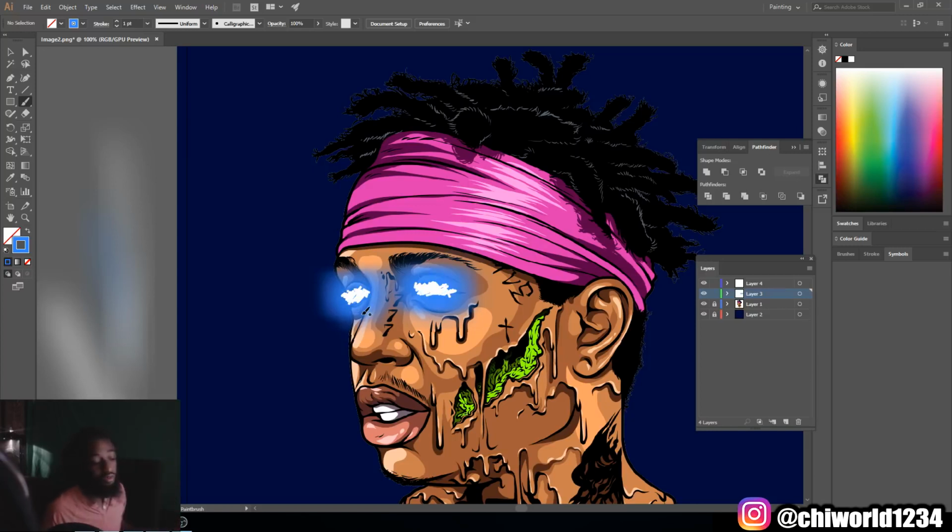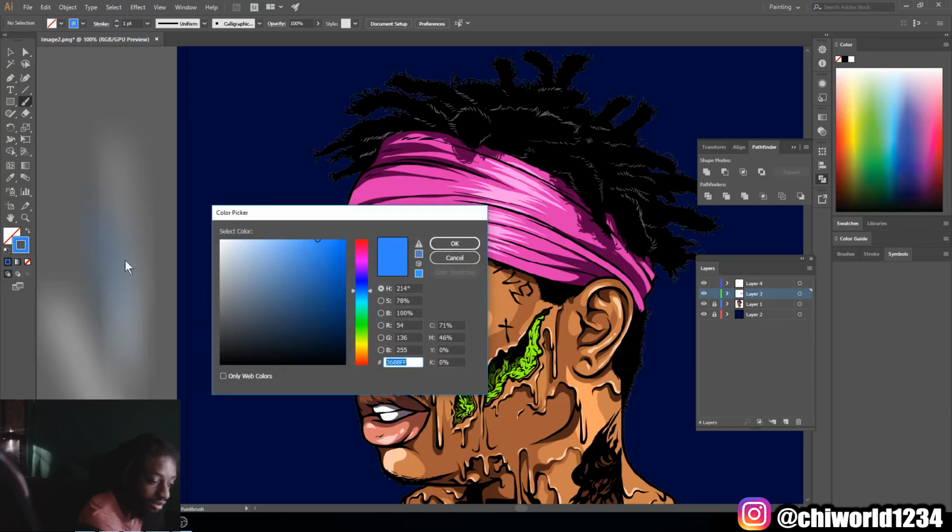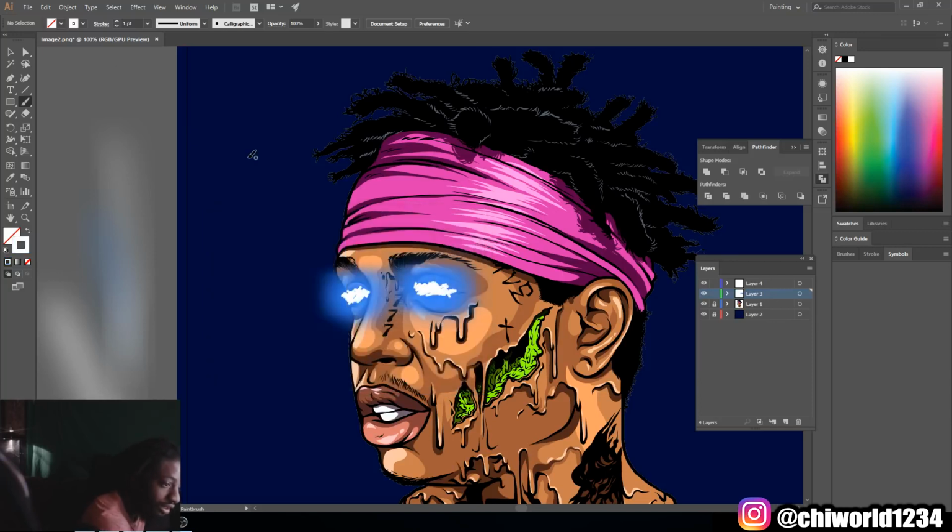Another thing you can do too is you can select the color white, and then you can just come in a little bit more on top of the white. And there you have it, you guys, how to do the glow effect on the eyes